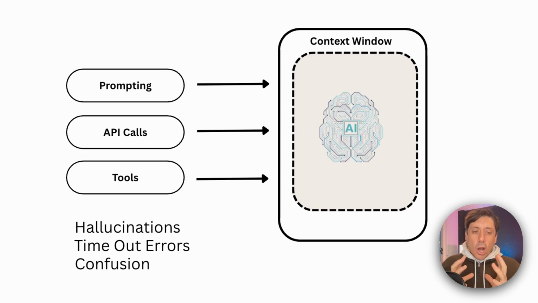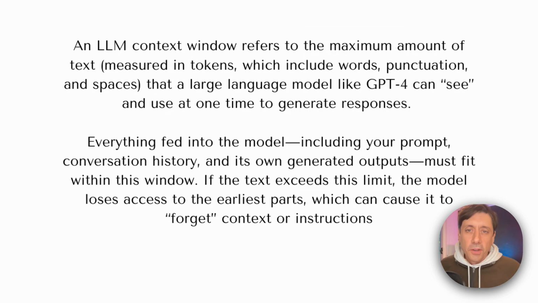So if you want to get high quality content when you're using automations, you need to learn how to process large amounts of information, especially when you're doing deep research on a topic, because then the context window can blow out really quickly. So just as a quick definition of what the actual context window is, as you can see on the screen,